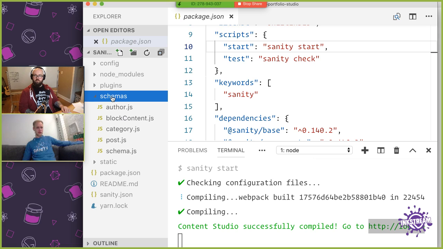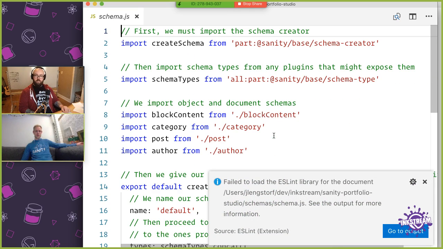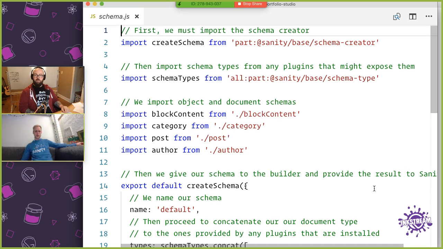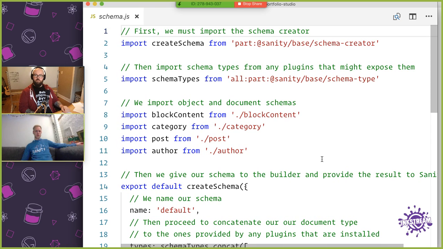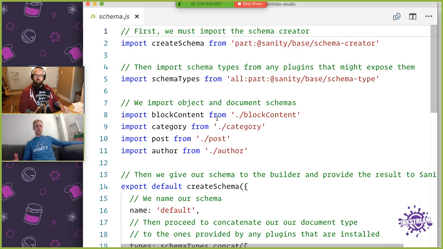there should be a folder called schemas, and within that, go to schema.js. I'm going to hide this so we can see it. This is the file that defines which content types are available. As you can see, all our content types, our schema types, are just JavaScript. So you can actually use JavaScript to generate the schema,